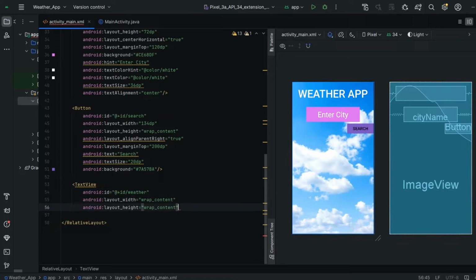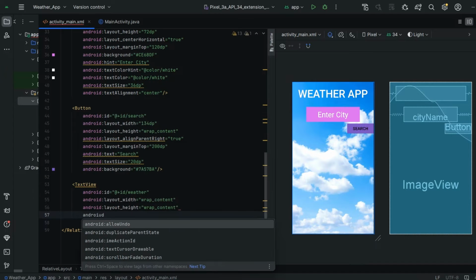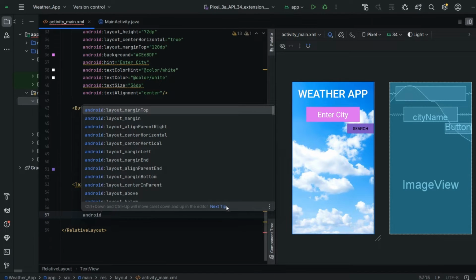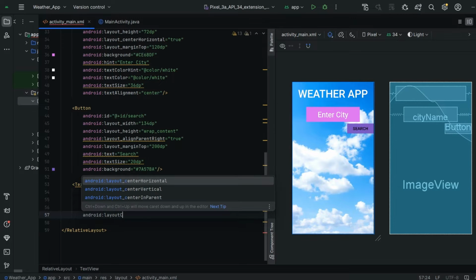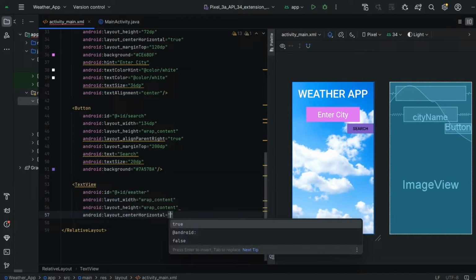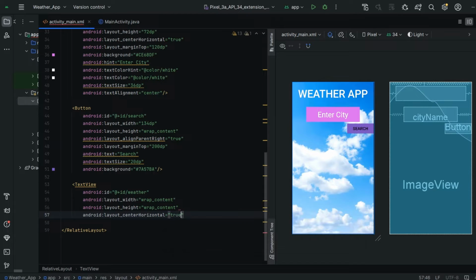Next, we also have to make sure those details will be present below the search button at the center. So for that, we have to write the codes Android layout center horizontal. I'm going to give it as true.